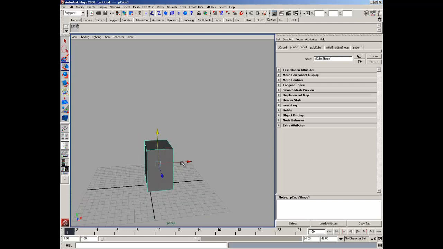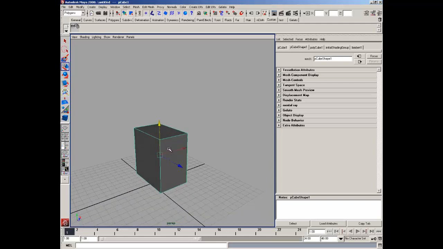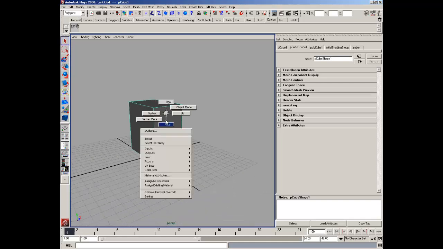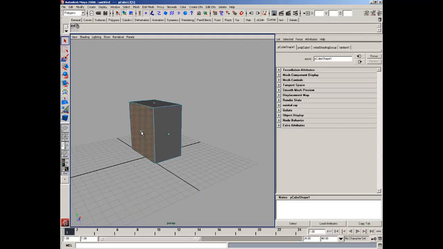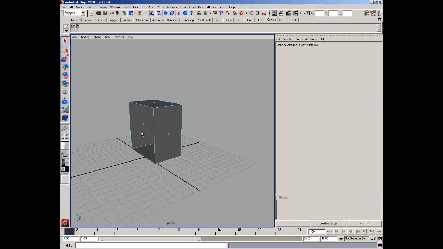Now we're actually just going to make half of it, and we're going to use this cool duplication tool to make sure our model's symmetrical. So what we're going to do is go to face mode, click that face and just simply delete it. Okay,